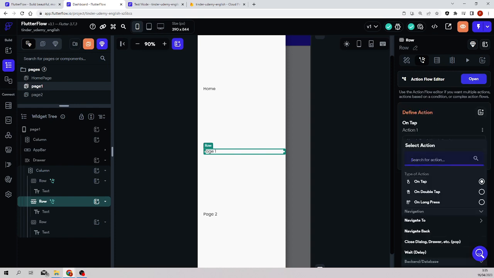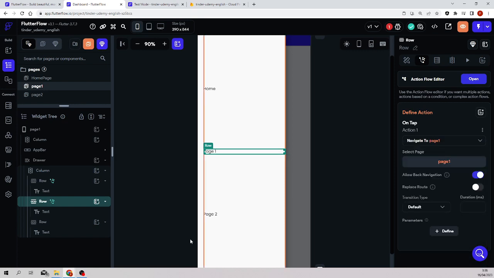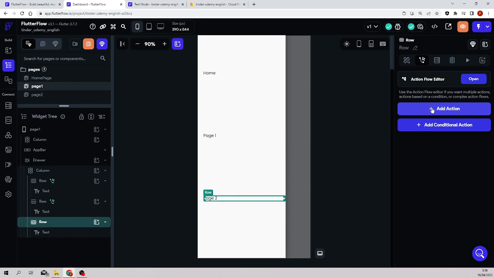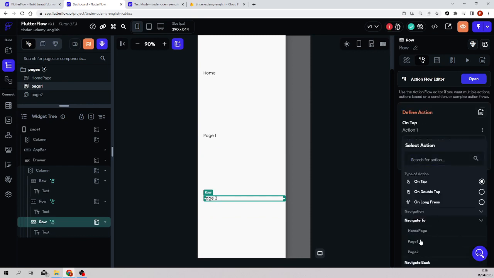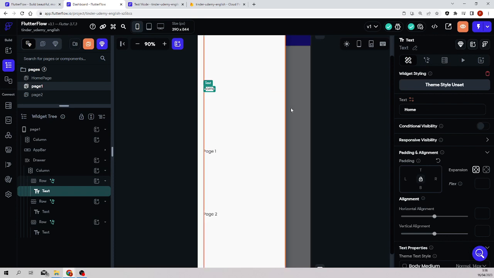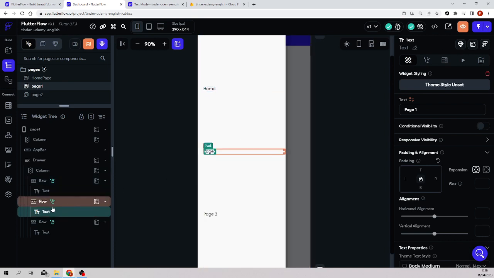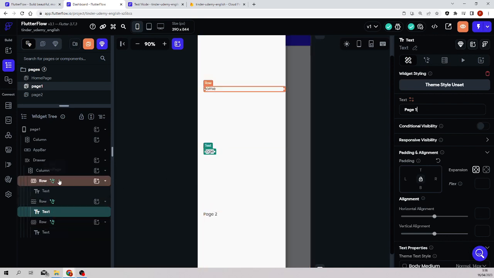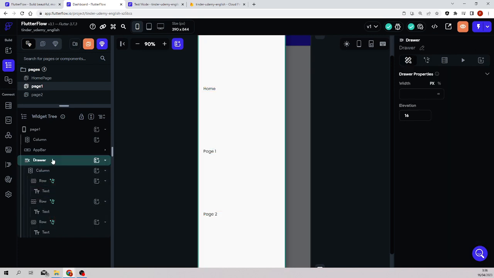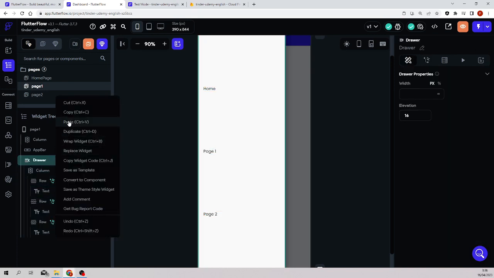Add action, navigate to. This is page 1, and this is the action of navigate to page 2. Okay, I have the drawer. This drawer, now I haven't tested it, but I will test everything at the end. I have assumed that each of these rows will do what is asked for. Navigate to home page, navigate to page 1, navigate to page 2. So now this drawer, I will do right click, copy,